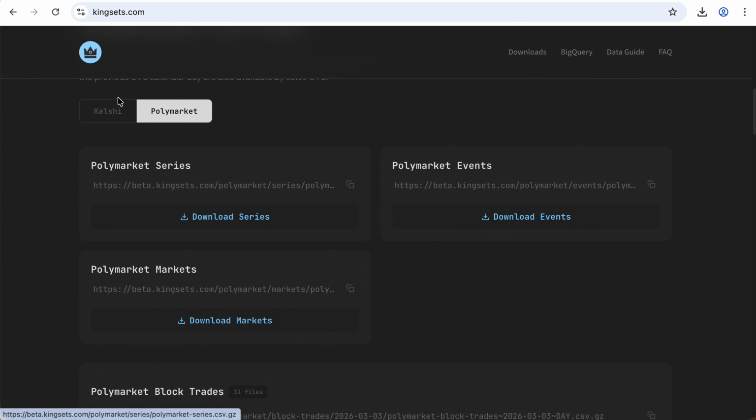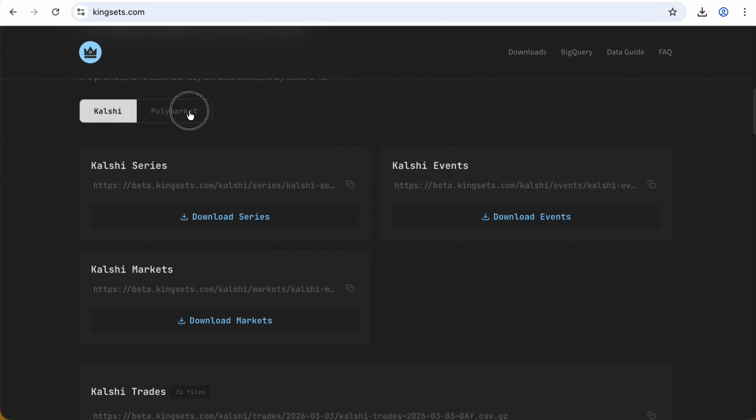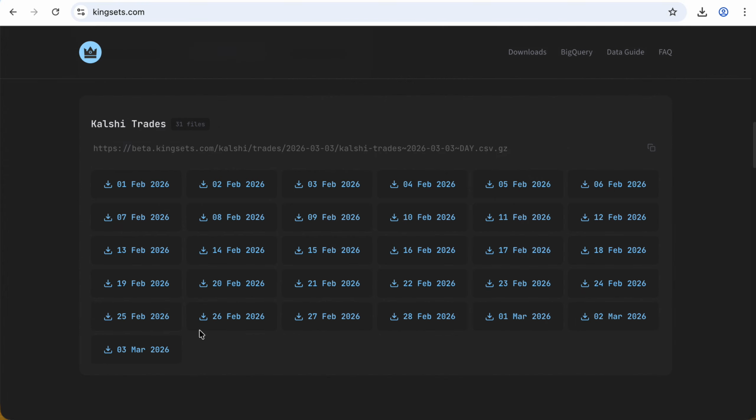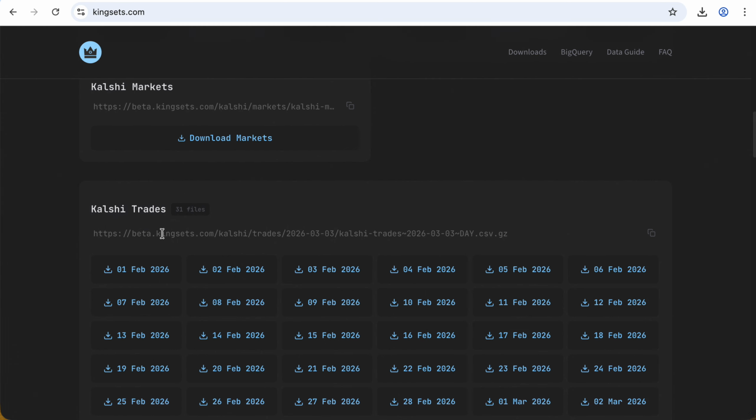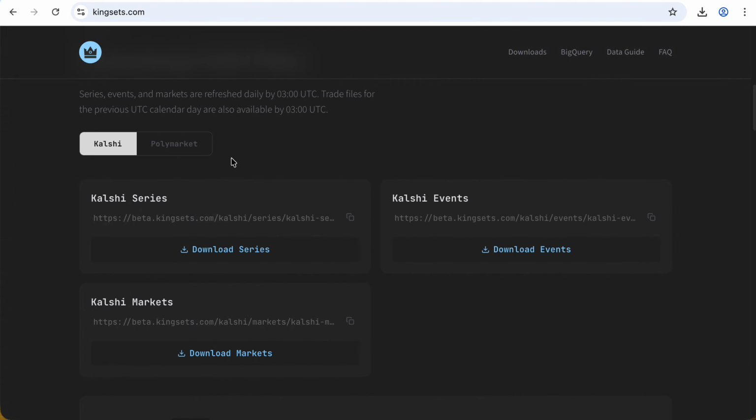The main difference between Kalshi and Polymarket is, they roughly have the same structure in that there are series that can contain multiple events. An event can contain multiple markets, and a market can contain multiple trades. The main difference is that Kalshi data, we ingest from their API, so they have accurate date and time, and you can infer the sequence of the trades that way.